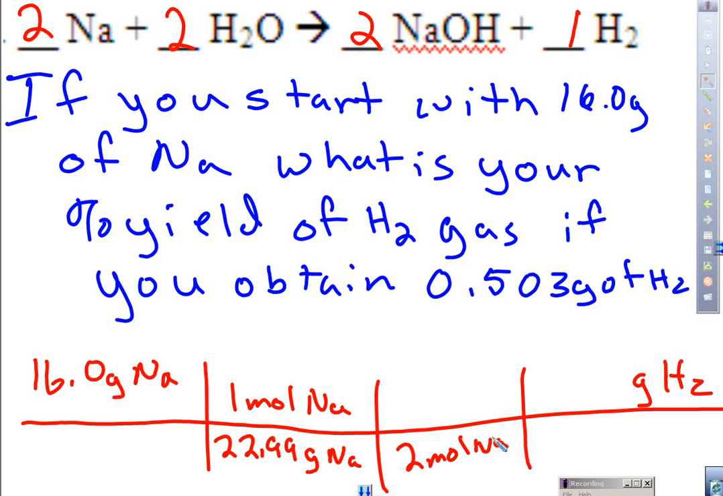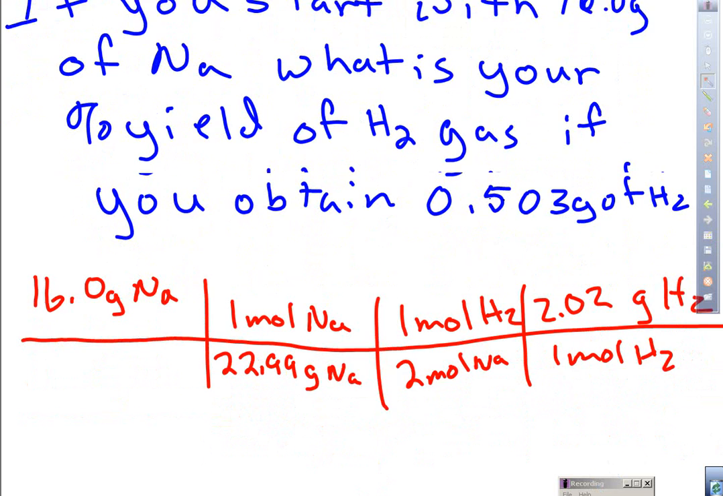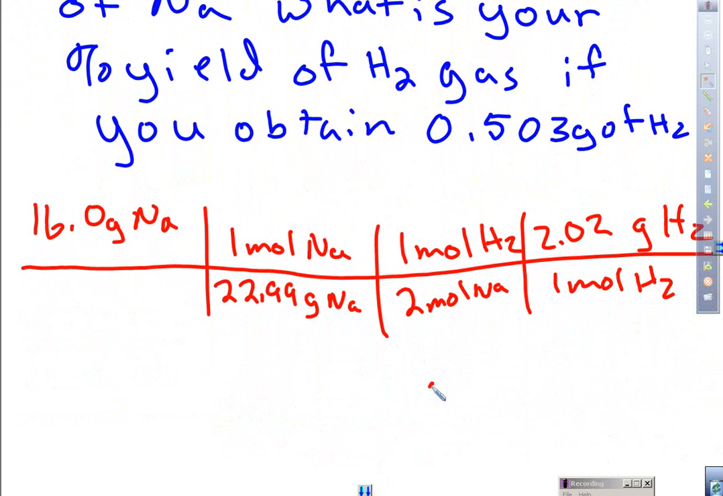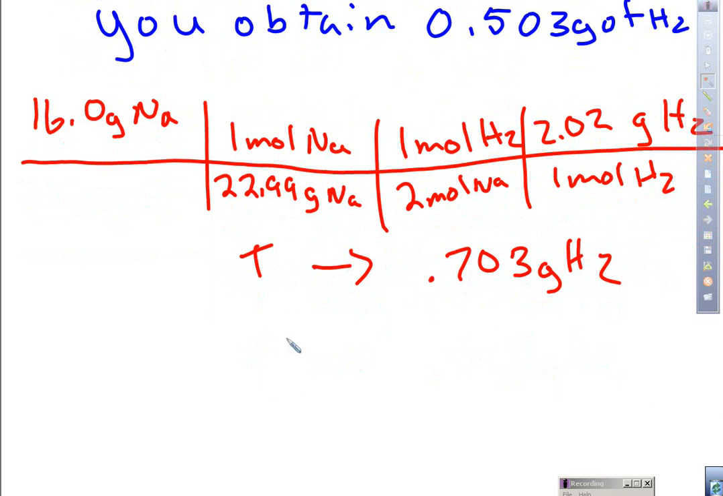And what do I put on top? 1 mole. What do I put on bottom? 1 mole. And what do I put on top? Okay, so what do I end up getting with this problem? So is this my actual or my theoretical yield? Theoretical, okay, grams H2. So I plug it into my equation, percent yield